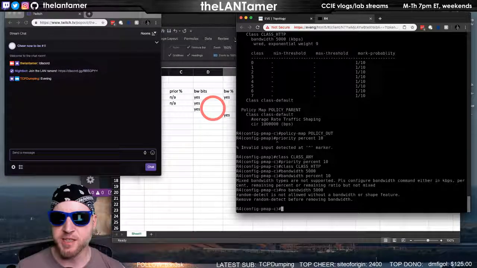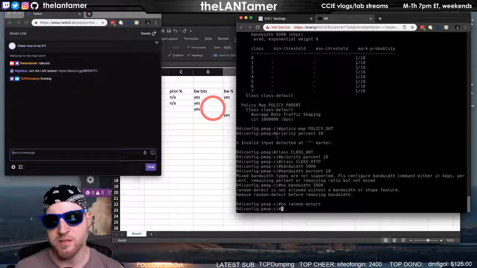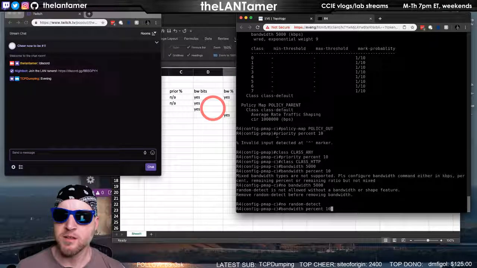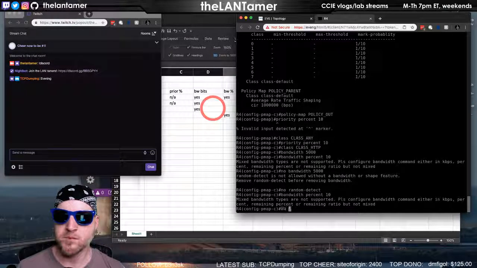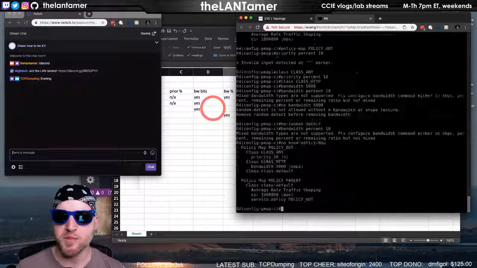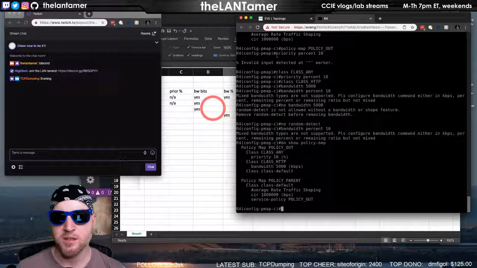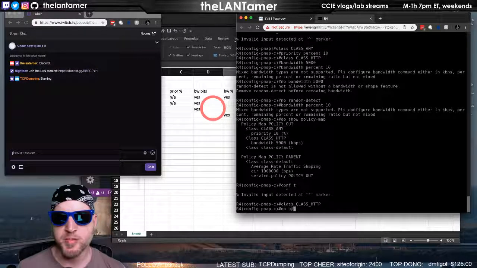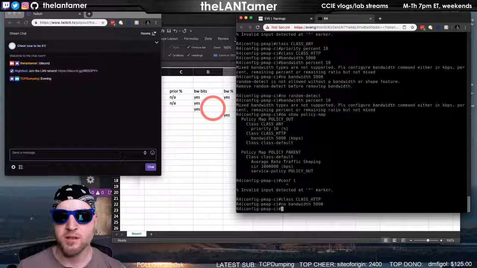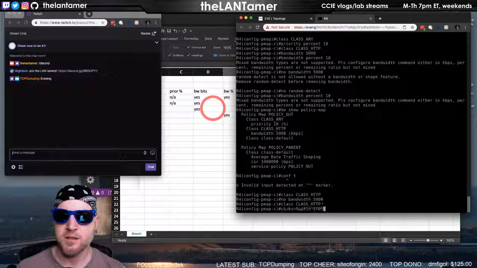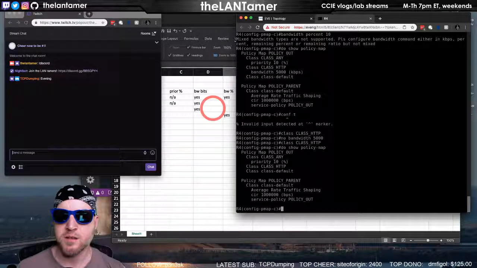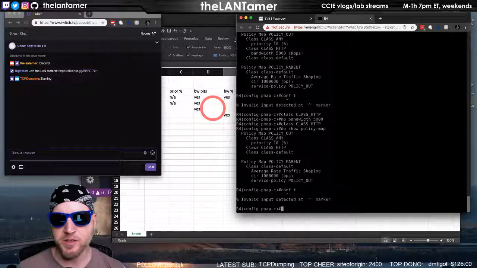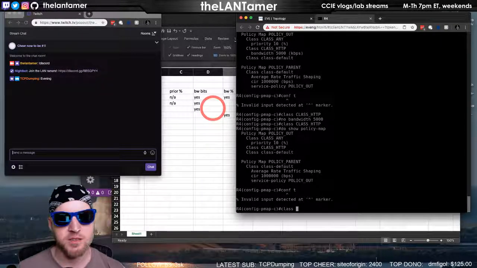Oh, because random detect is on. Do show policy map. I wonder why that is. No bandwidth. All right, so there's no bandwidth configured there. Class.